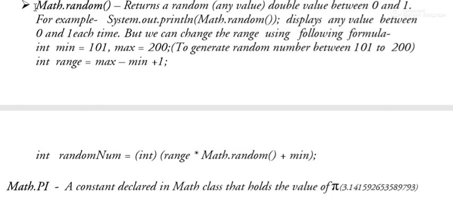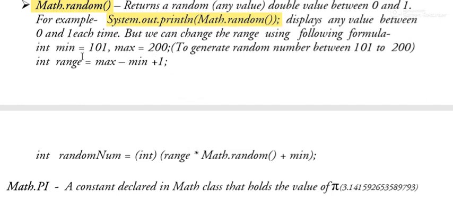The next function of math class is math.random. Here random means not in a sequence. It gives a number between 0 and 1. That means greater than 0 and less than 1. That means any real number or fractional number between 0 and 1. But there is no sequence of that number. It can give any number in the range,